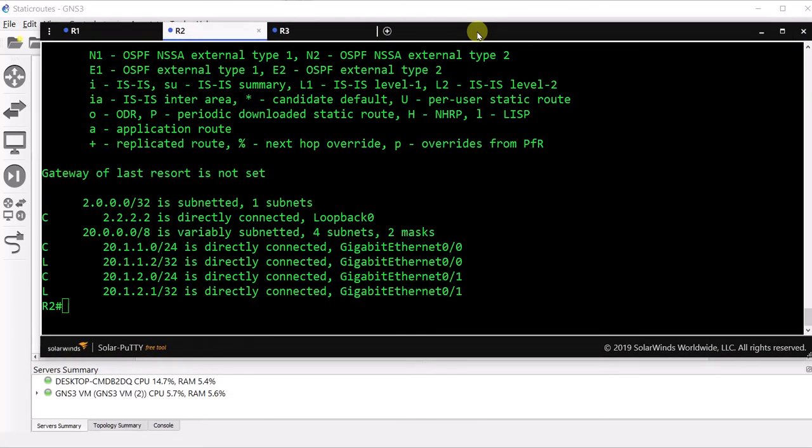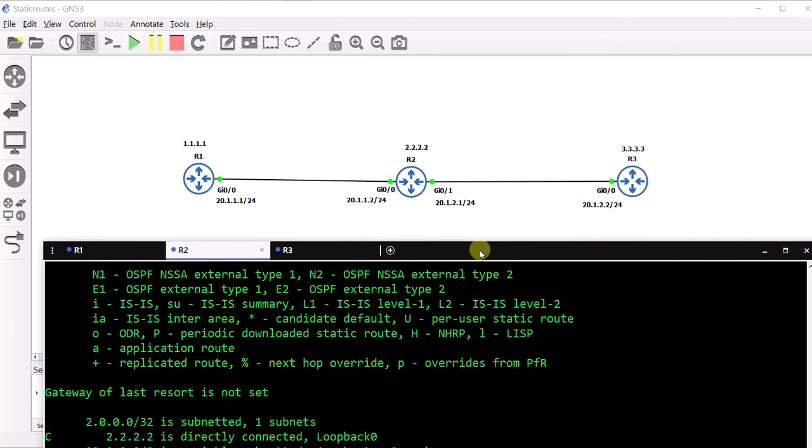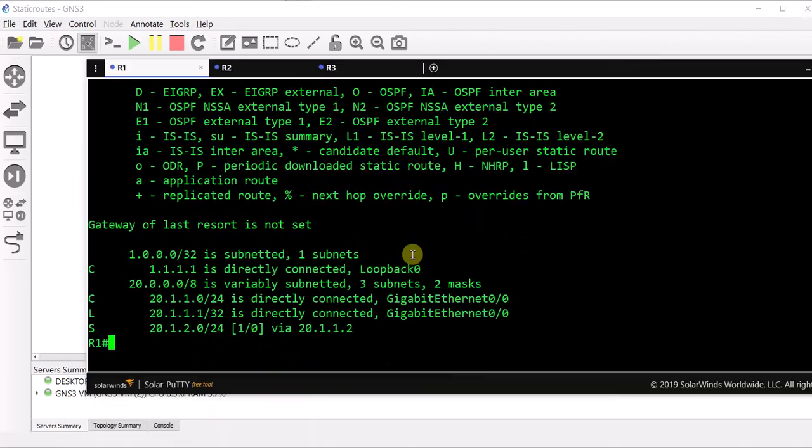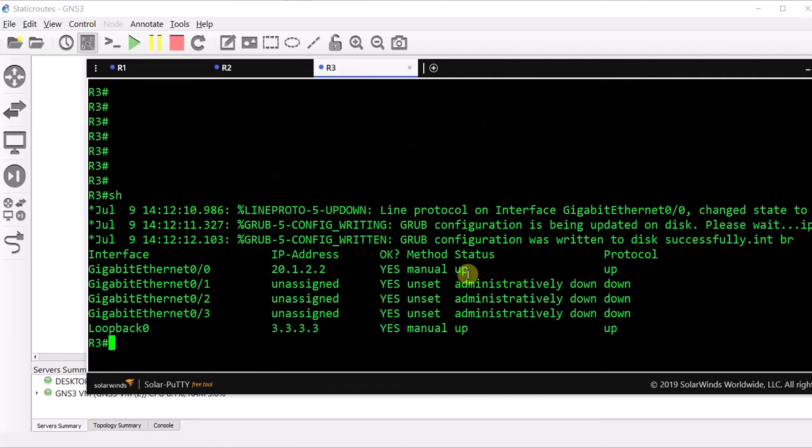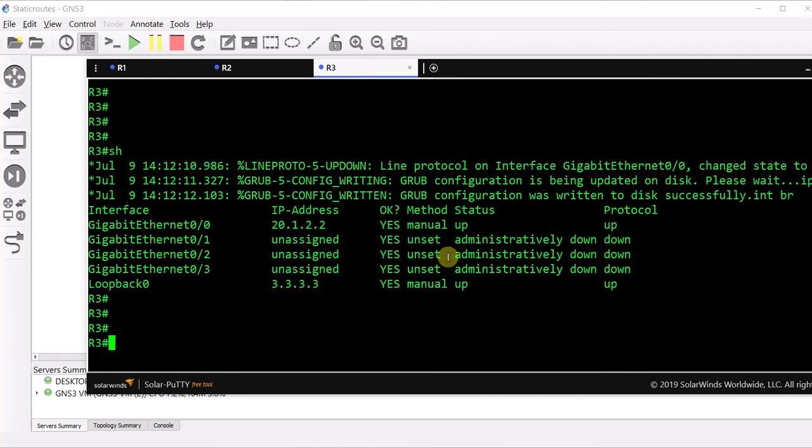2.0.2.0. We do not have it. Okay, so we are not getting any response from R3. Let's see if R3 is getting our request. So we're going to enable debug IP